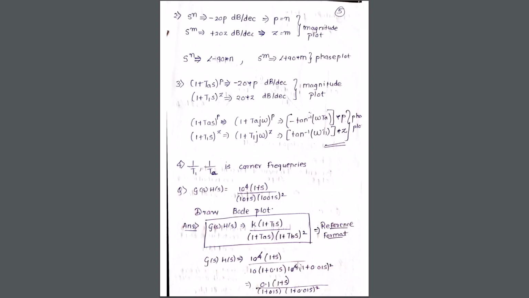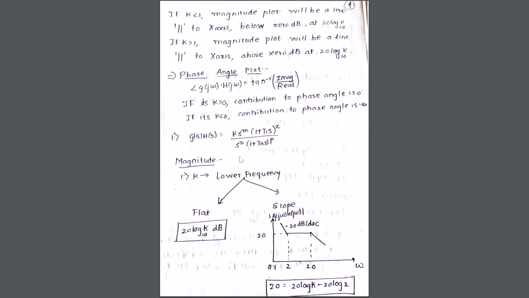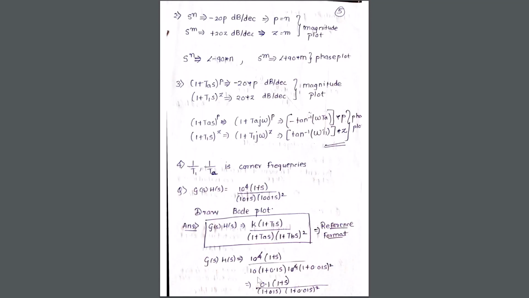From this particular format that we have obtained, we need to draw the Bode magnitude plot. Let's try to understand. 0.1 stands for my k, so the magnitude plot is going to be 20 log of k to the base 10, as we had learned. Since my value of k here is 0.1, we have 20 log of 0.1, given as minus 20. Hence, we are taking minus 20 till my first frequency.